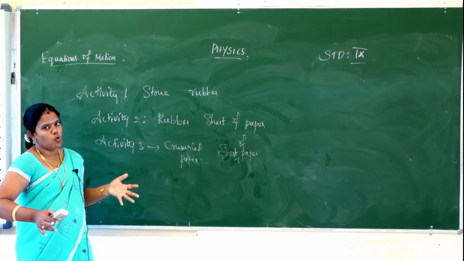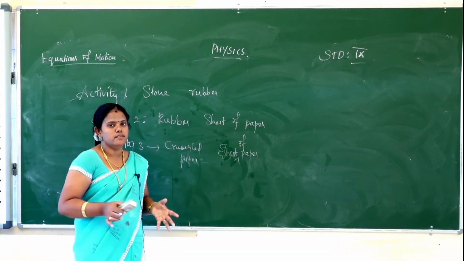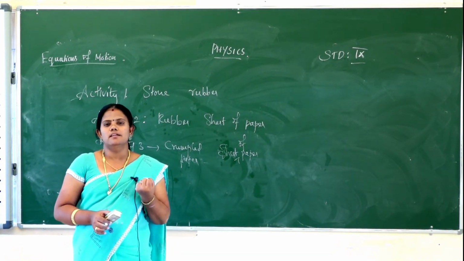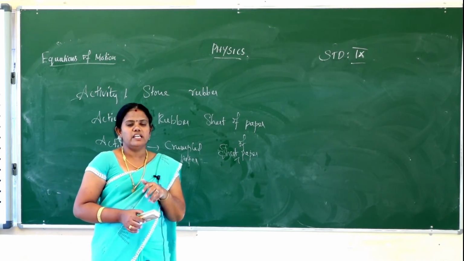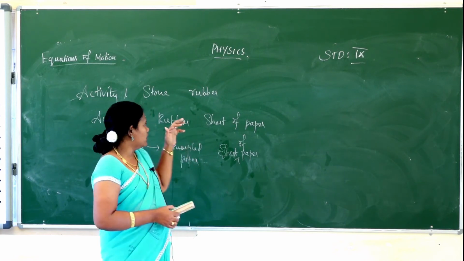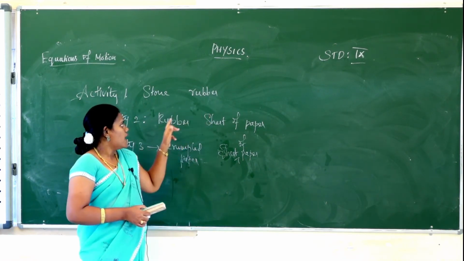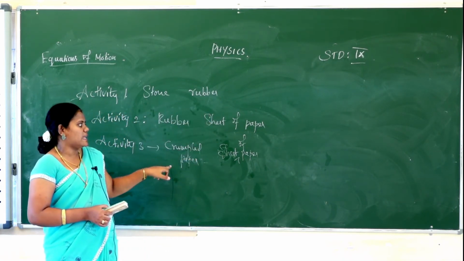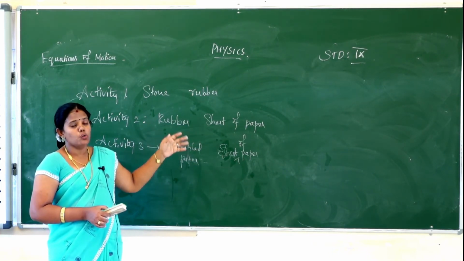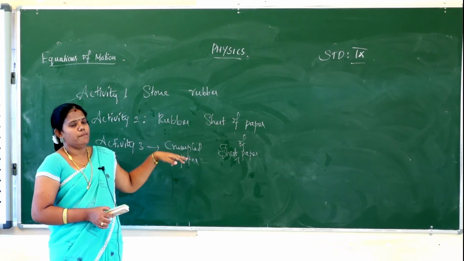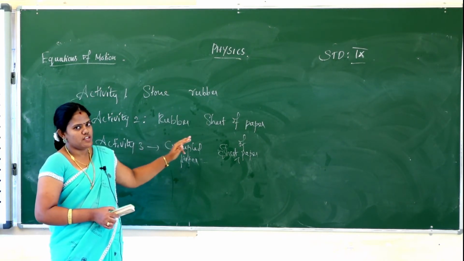So you take a large, huge cylinder and remove the air inside of the cylinder. Then you do the activity: the stone and rubber first, rubber and sheet of paper next, and scrambled paper and sheet of paper. You do the activity without air, and then which one reaches first?